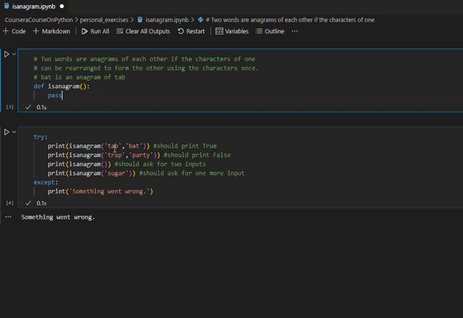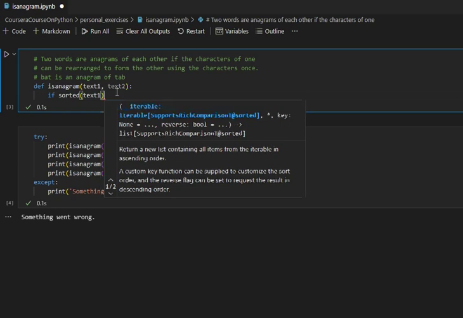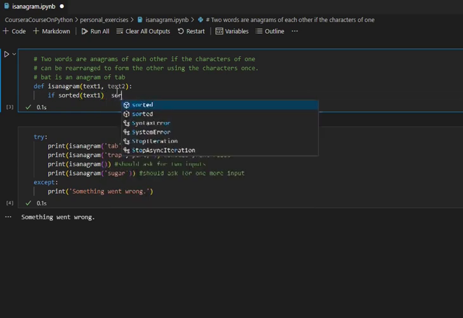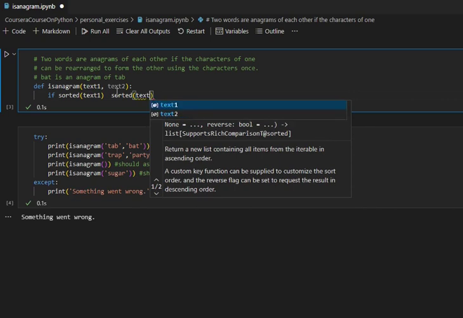So what we're going to do now is first define the parameters. Say we're going to have text1 and then we're going to have text2. Then for the conditions, we're going to be using the Python inbuilt function called sorted. We're going to say if sorted(text1) is the same thing as sorted(text2),